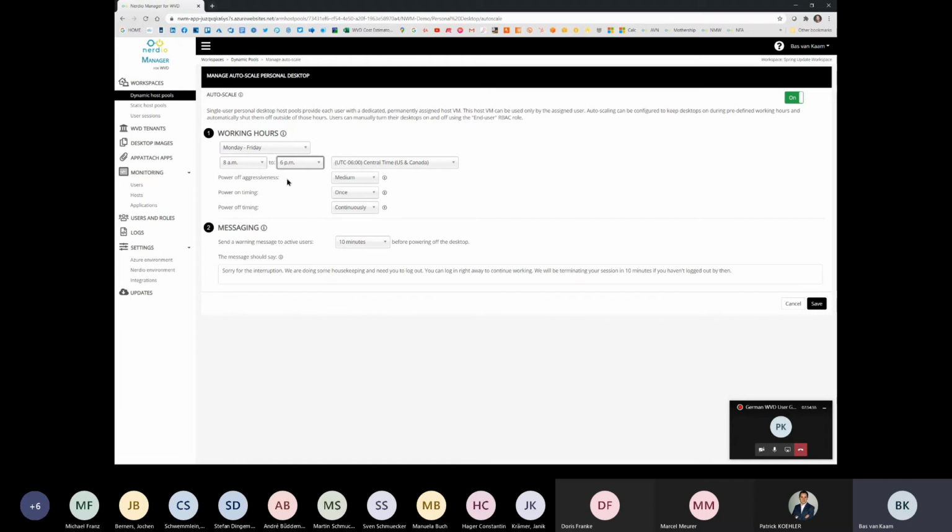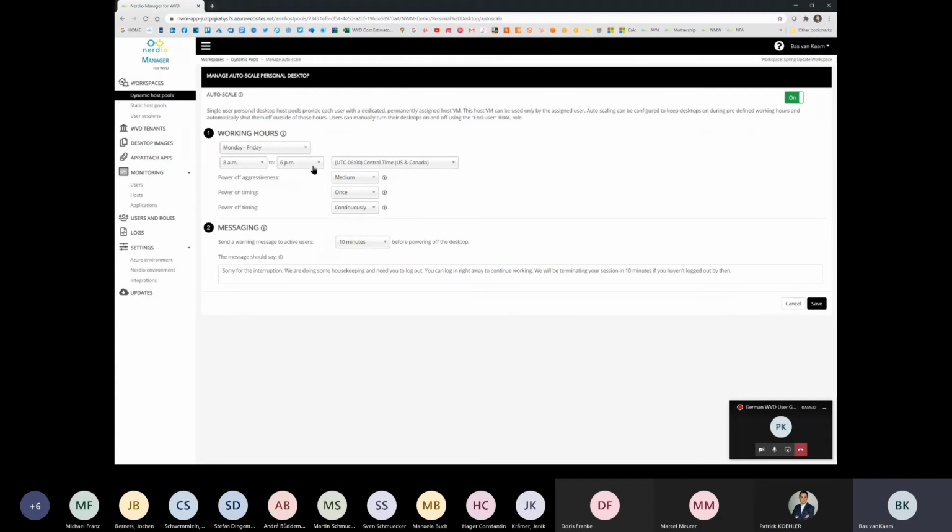It's important to realize that power off aggressiveness works together, or in conjunction, you could say, with power off timing. Now here, this is just as with the scale in aggressiveness. We have again high, medium, and low, and it's sort of the same thing. You know, we won't need drain mode with one-to-one assigned machines, of course, but it is now allowed, if you put it too high, to shut down machines with an active session on it as well. Of course, it will send a message first, and then 10 minutes after, that machine will be shut down. But that might not be something you want to have when power off timing is set to continuously,